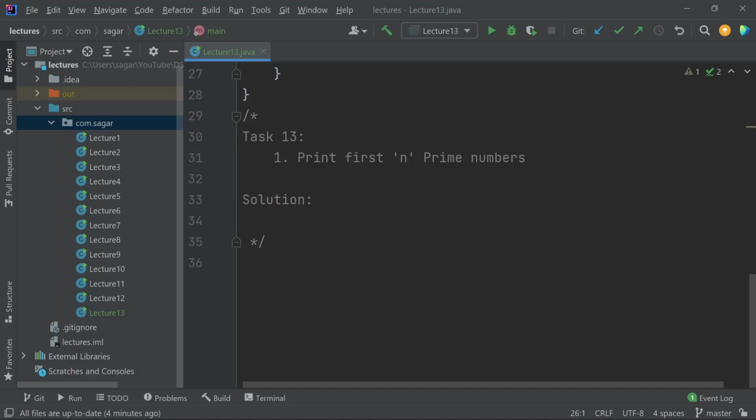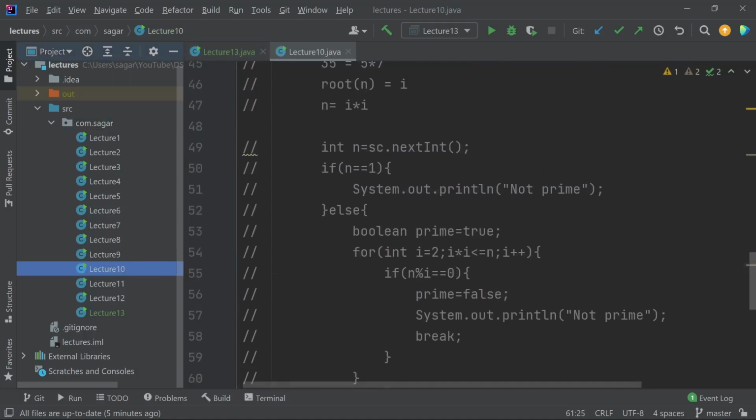And now it is time for your practice problem. So today in your task 13 you have to print first n prime numbers. So this is just a straightforward question. So how can you know whether a number is prime or not? We already learned that thing in our lecture 10. You can see here